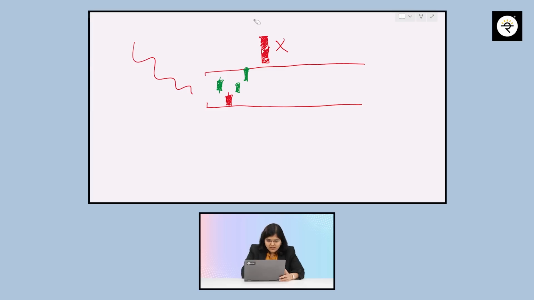Now let's change the mother candle only. Okay, now assume that the mother candle is something like this. Wow, this is almost a no bodied candle. If I'm considering a mother candle, it has to have a good body. Okay, a strong body. This will be valid. But if I'm considering something like this, it is again an invalid pattern. It has to have a good body. Okay, I hope all points about when the chart pattern will be considered as invalid are also understood.